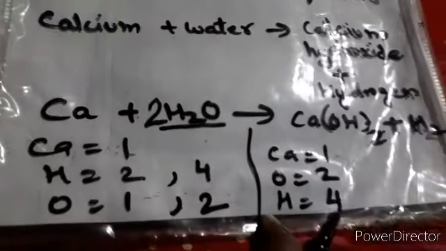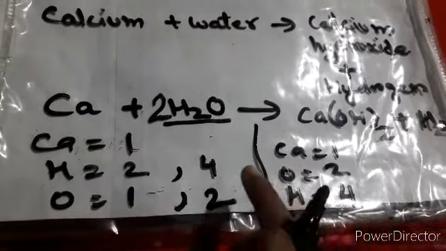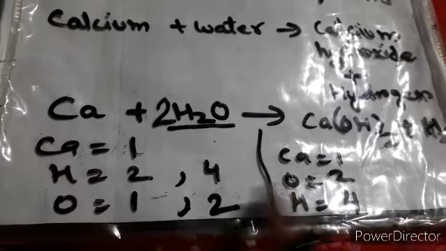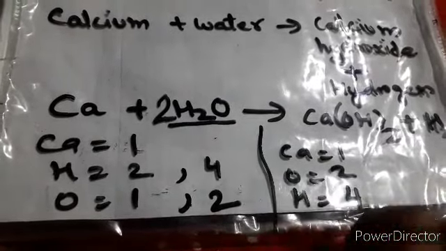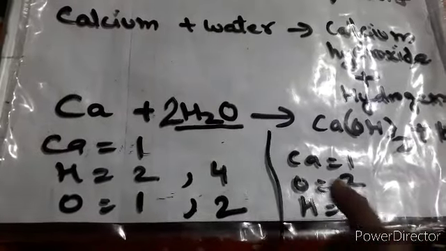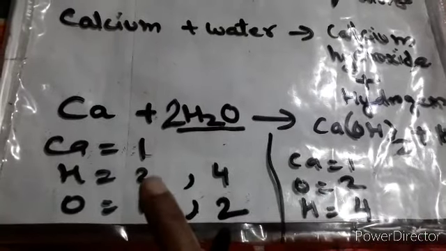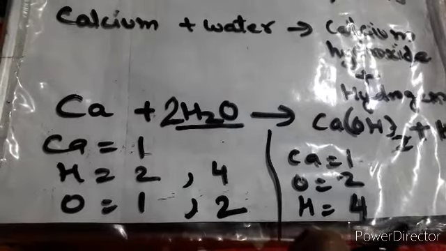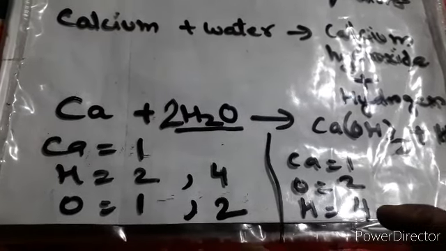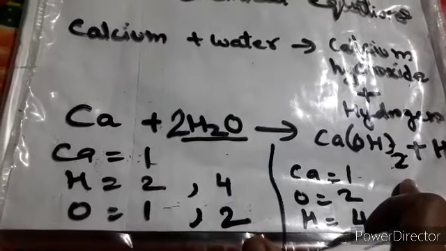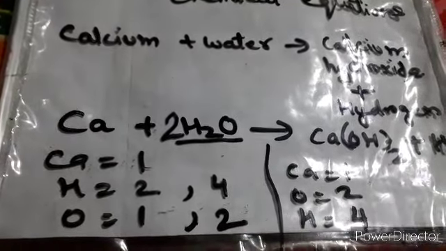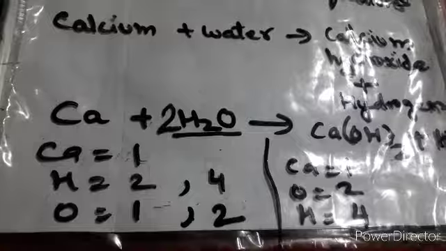That's why I'm telling you, as in my previous video also, that if you are writing the same element, then it becomes very easy to see. Otherwise it takes a bit of time, right? So that's why I made it in this manner, so that you could see what the difference was when you were doing it that way and now you're doing it this way. You'll get the answer, but the point is that it will take a bit of time. So this way your entire equation is balanced. So this is the word equation. We'll take one more example for it.